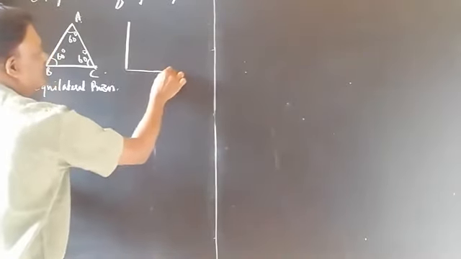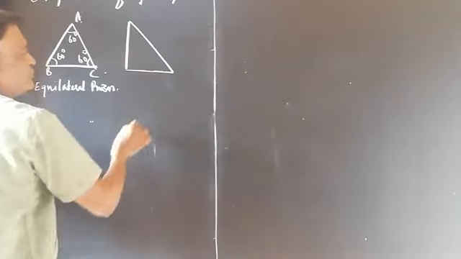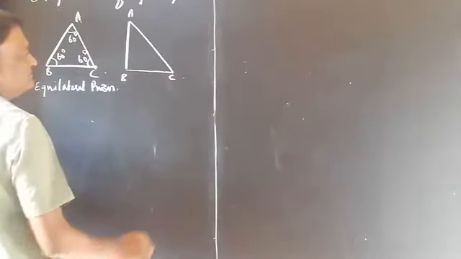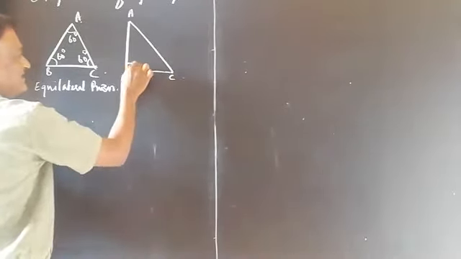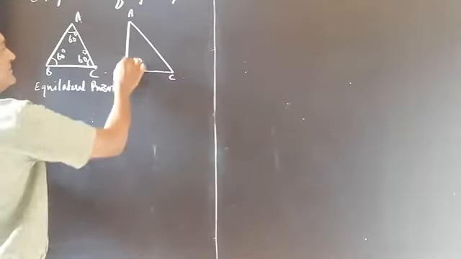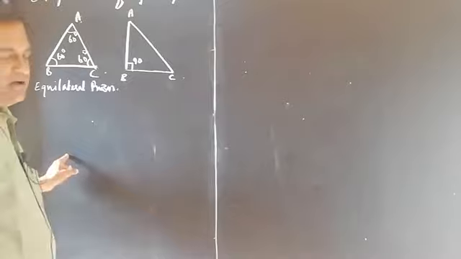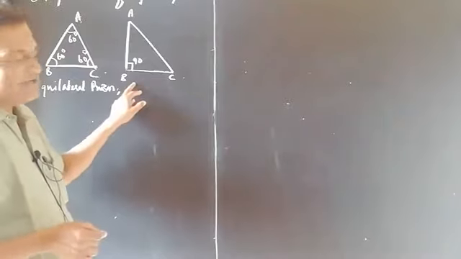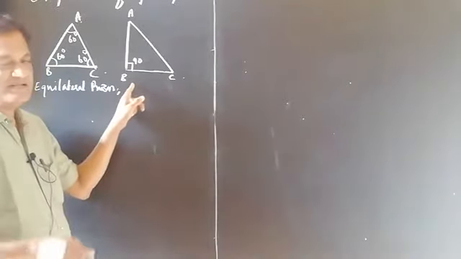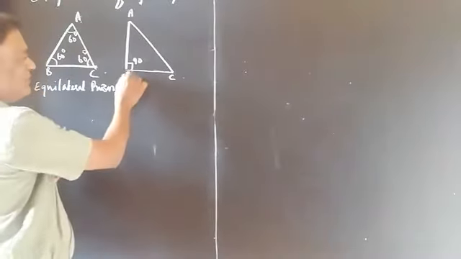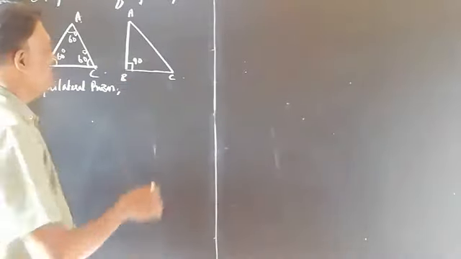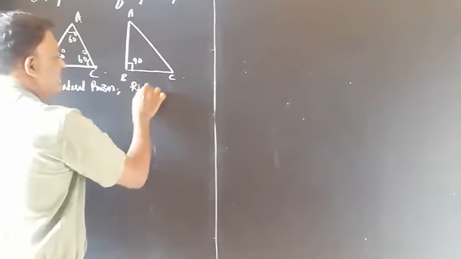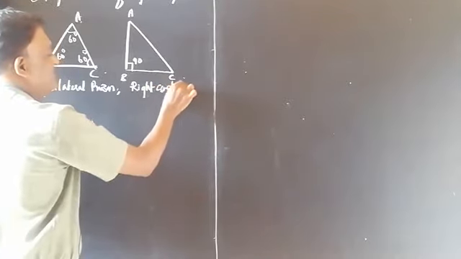Second one, right angled isosceles prism. Here ABC is the principal section of the prism. Angle B is 90 degree. So this is right angled isosceles prism. Already we have discussed the applications of right angled isosceles prisms, as they are used as total reflecting prisms. They work on the principle of total internal reflection.